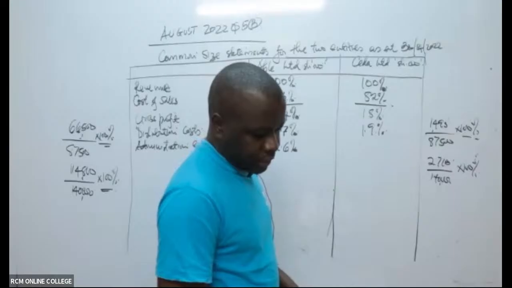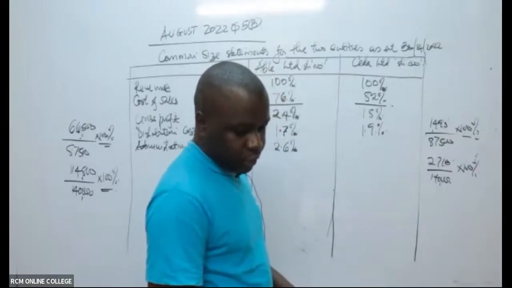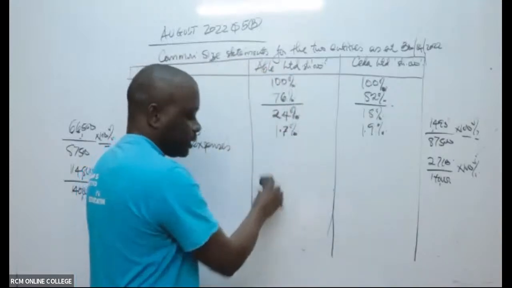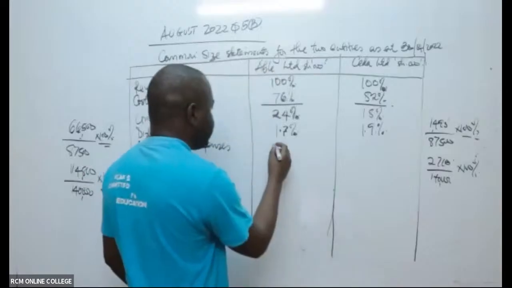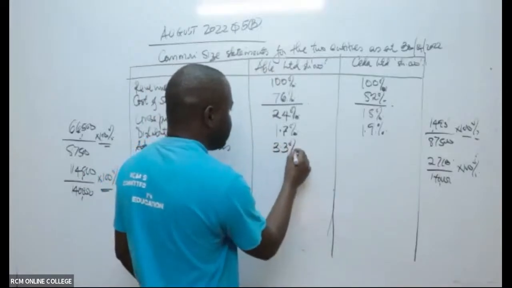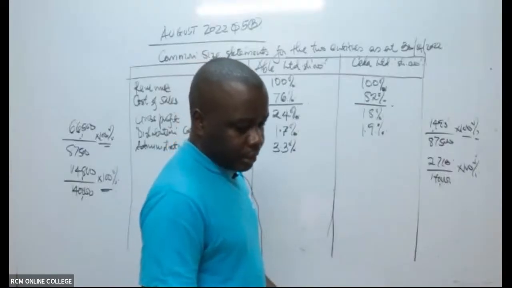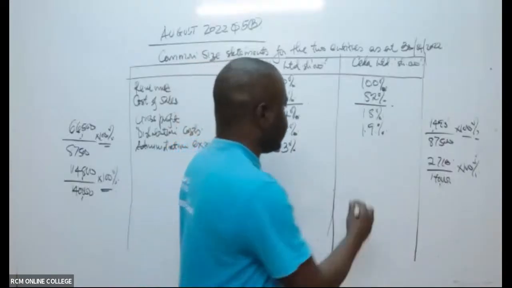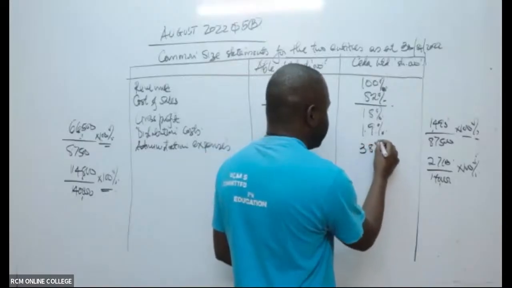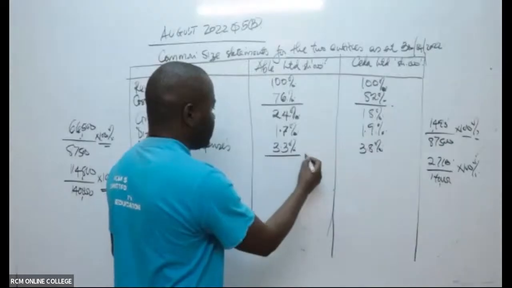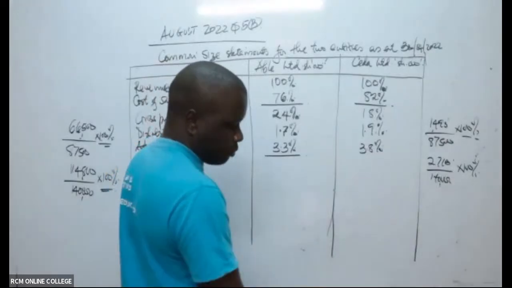Is it 2.6 or 3.3? I don't know. 3.3%. Then on this other side, you are getting 3.8%. Should actually be 3.8%. Then when you get the difference there, you'll be able to get here